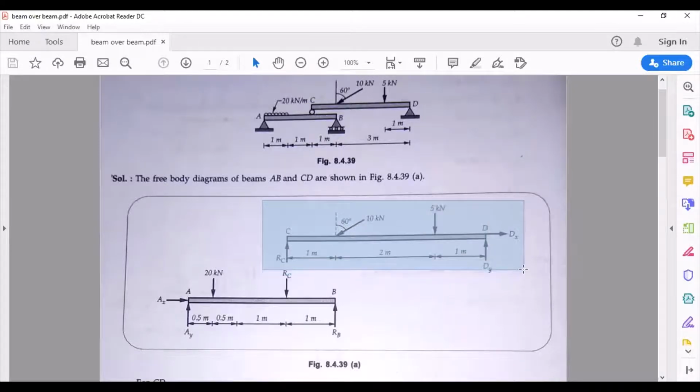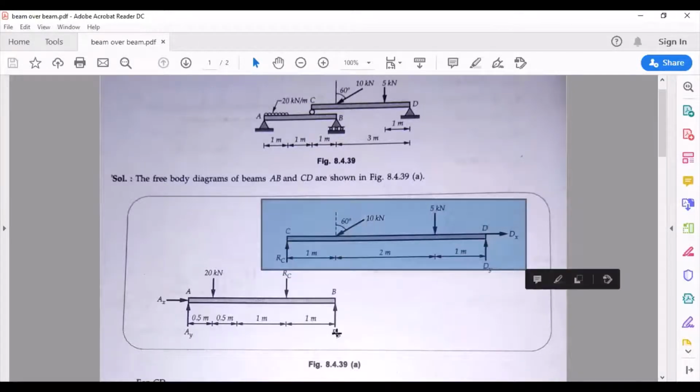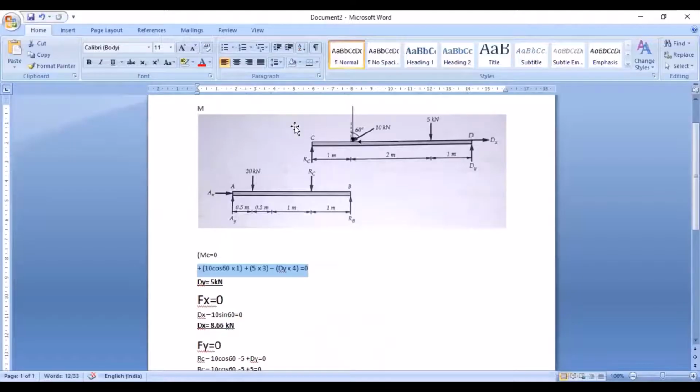Now we all know that we have two beams, so you are going to solve two times. Till now we have solved it only one time, so now we are going to solve it two times. Now, as usual, you are going to apply three equations of equilibrium for each beam. Now let's solve for beam CD first. In this beam CD, we totally have 1, 2, 3, 4, 5, 6 forces. I'm going to apply moment for this beam. That is the first equation of equilibrium.